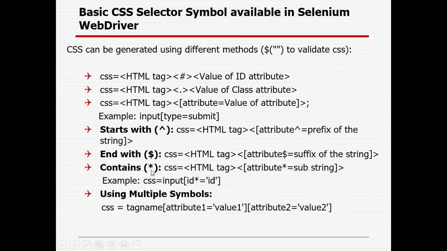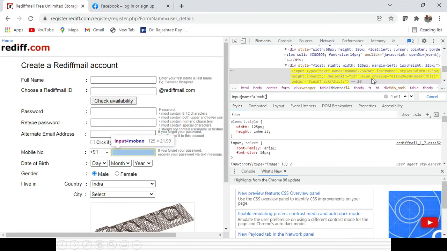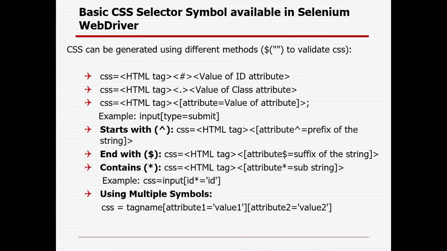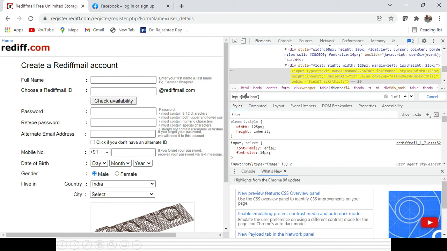So similarly, if you want to use ends with, whatever will be the end, you need to give it. Suppose the ID, you can change it here. The ID will be ending with BNO, right? So that will be perfect. In case it is very big, you can give BNO and the ends with symbol, the dollar symbol, you can give here. You can see it is uniquely identified with 3 words only. But it should be the end one.